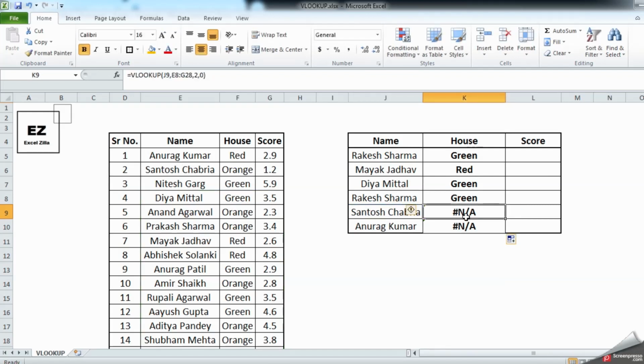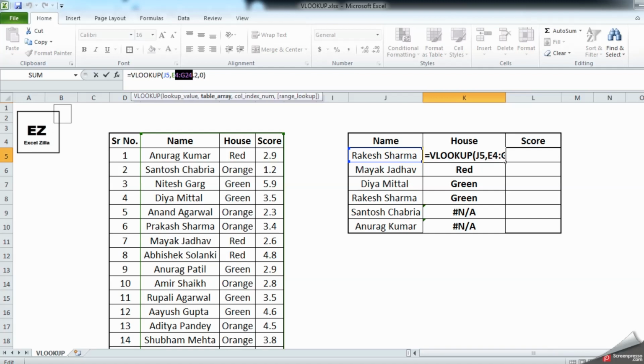So over here we need to always lock the cells so that if we move our formula, the table array doesn't change. How do we lock the cells? You need to lock this table array. Click your mouse over here and just press F4 on your keyboard. In a similar way, press F4 again on your keyboard. This way you have locked your cells.